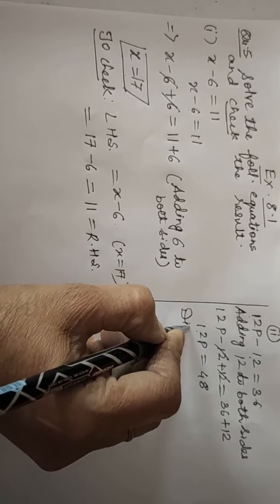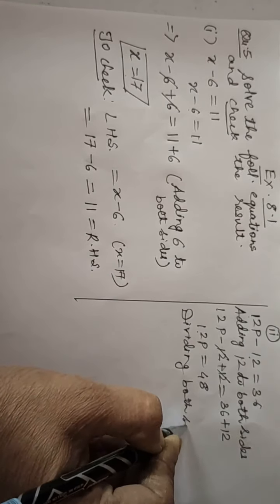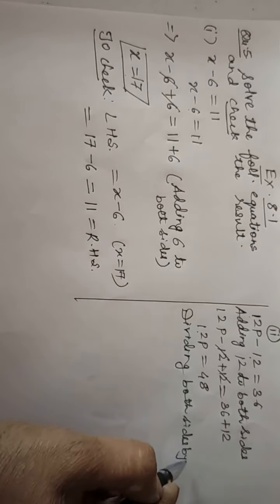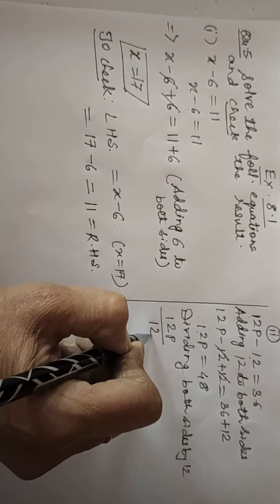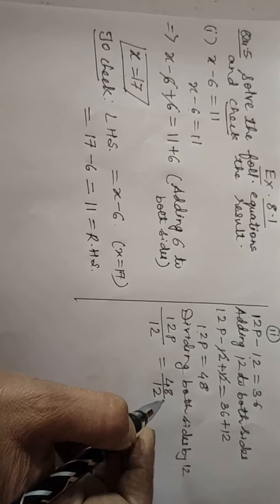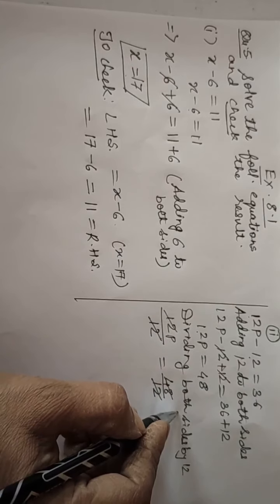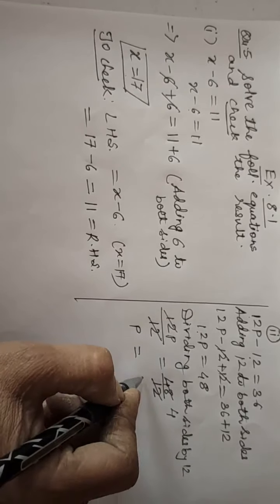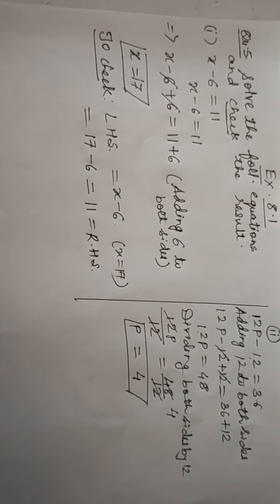So now you have to divide both sides by 12, whatever the number here. So you will write here, dividing both sides by 12. Now let's divide again, the left hand side as it is, divide by 12. This is the sign of division. 48 divide by 12, and simplify. This 12 will get cancelled, and when you simplify this you will get 4. So what is left on the left hand side? p, and here 4. So p equals 4 is the solution of the given equation.